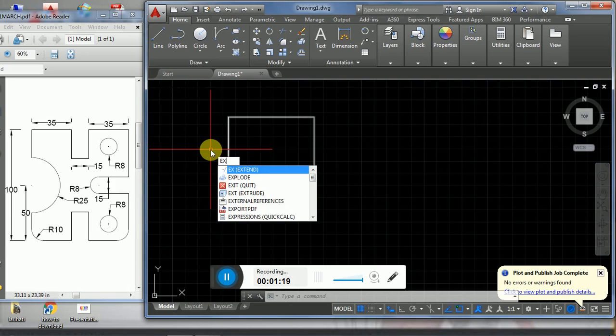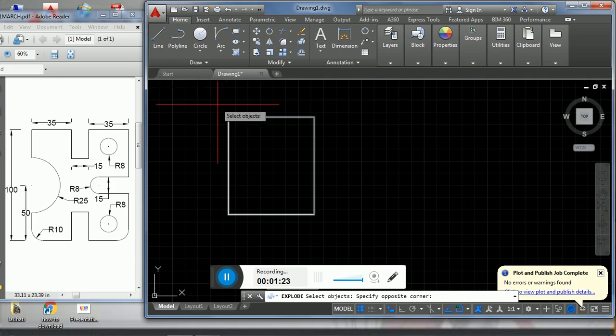We explode, explode, explode, enter, select the object,